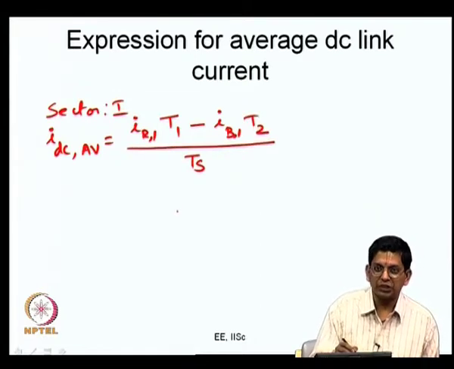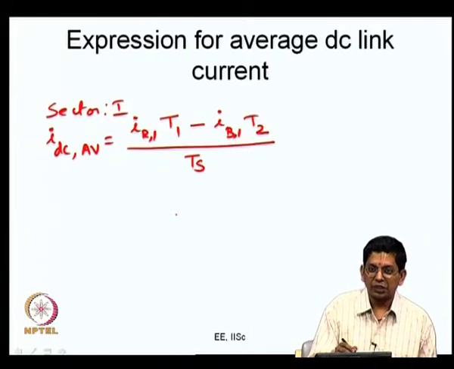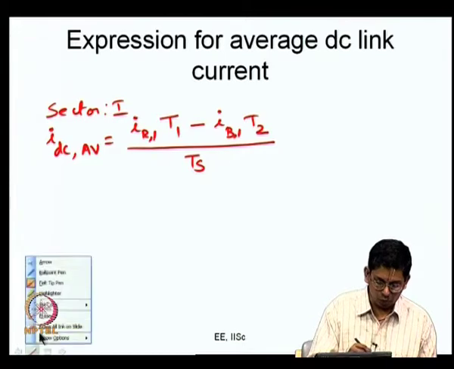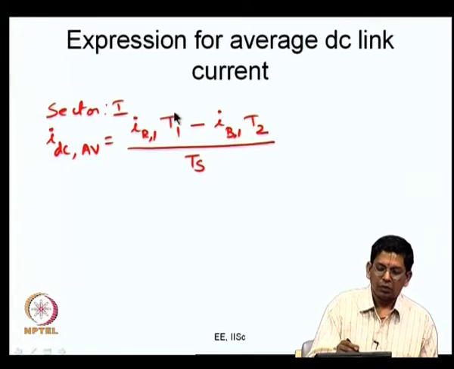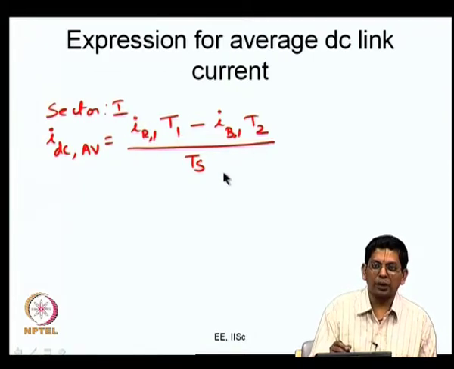Why are we doing it like this? When the zero states are applied, the DC link current is 0. When active state 1 is applied for T1 duration, the DC link current is IR1. When active state 2 is applied for duration T2 seconds, the DC link current is minus IB1. Therefore, (IR1 multiplied by T1 minus IB1 multiplied by T2), the whole thing divided by Ts, and you will